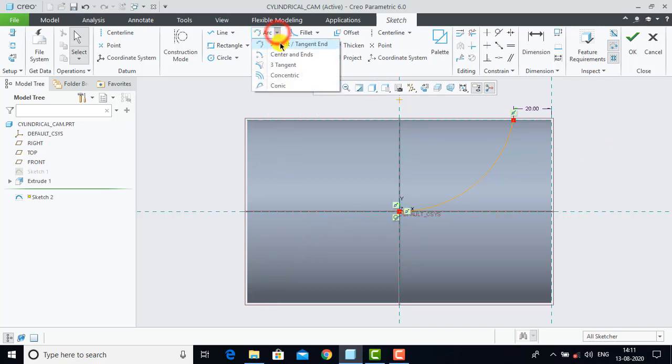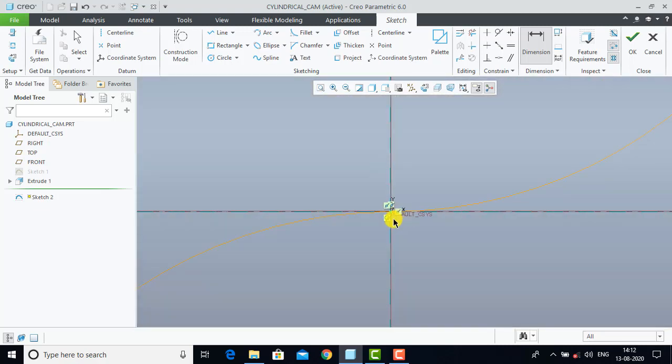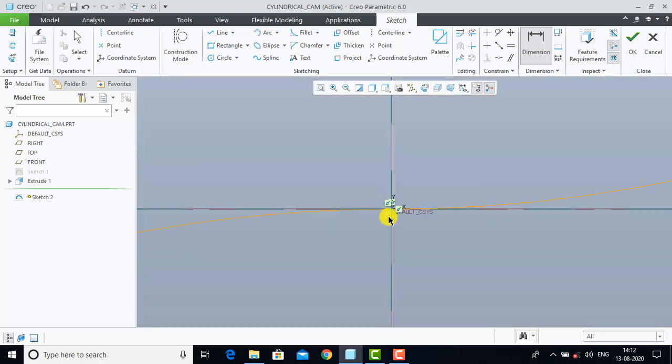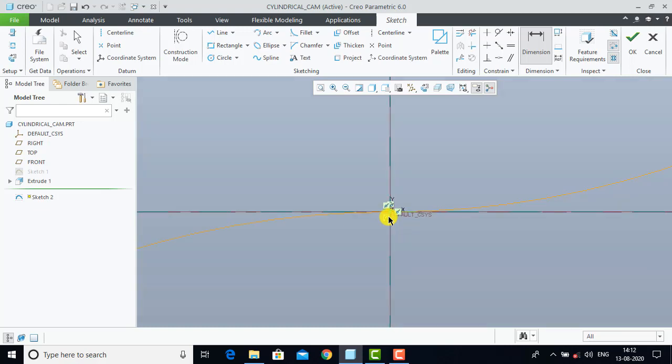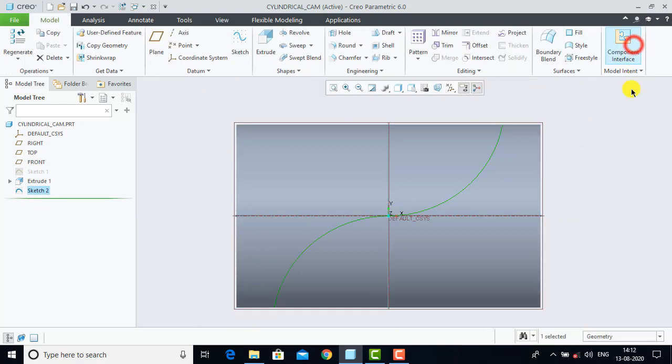Now in a similar manner we have to create the second arc over here also and for that also we'll go for the 3-point arc. Now we select first point over here, second point over here and we'll create one arc like this. After creating the arc, we'll go for the dimension, select here this end point, select here this edge and press here the scroll button and the distance is 20 mm, so we'll enter here 20. Now here you can see that it has already given the tangent constraint over here, so no need to give any tangent. Now our sketch is complete, so we'll exit the sketch and click on OK.